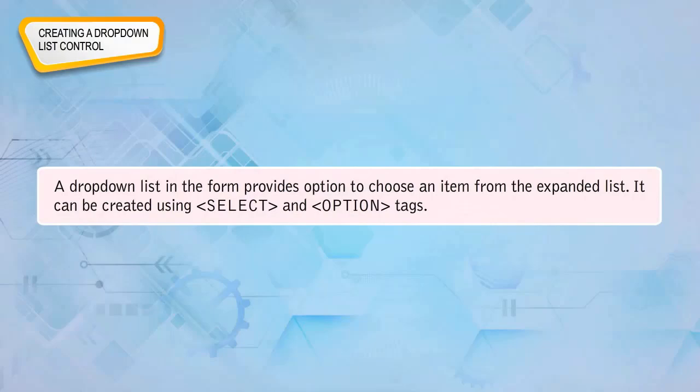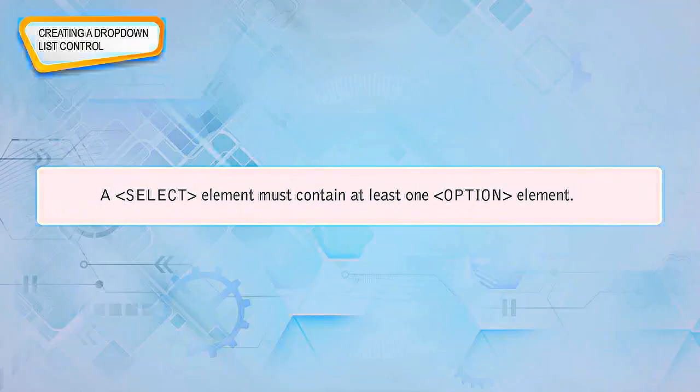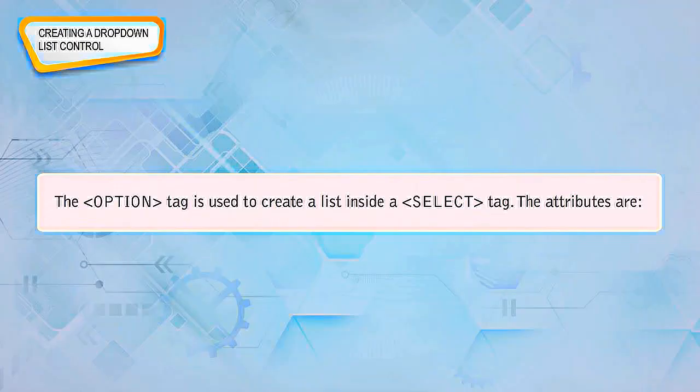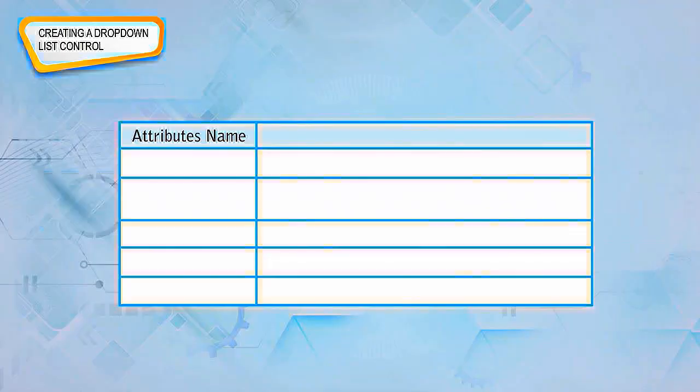Creating a drop-down list control. A drop-down list in the form provides option to choose an item from the expanded list. It can be created using select and option tags. A select element must contain at least one option element. The option tag is used to create a list inside a select tag. The attributes are: